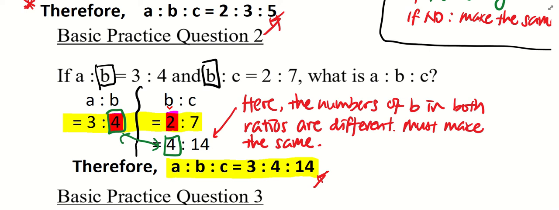So I did this on the right hand side. I multiply both sides by 2 so that for B, 2 turns into 4, so that I have the same number of units as representation on both sides. This is something you have to do if B is not represented by the same number of units in both the ratios. So to sum it up,